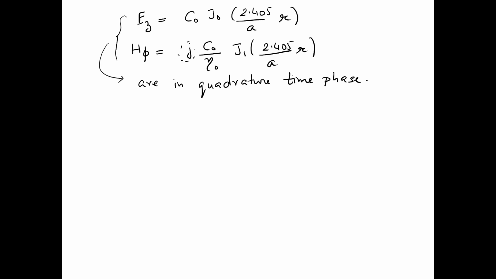We have the j term show up here too, which is e^(j pi/2). So they are off again in quadrature phase, which tells you that the power is not going to go anywhere. The power is just going to sit within the structure. So if I look at this variation now, if I look at it from the top view